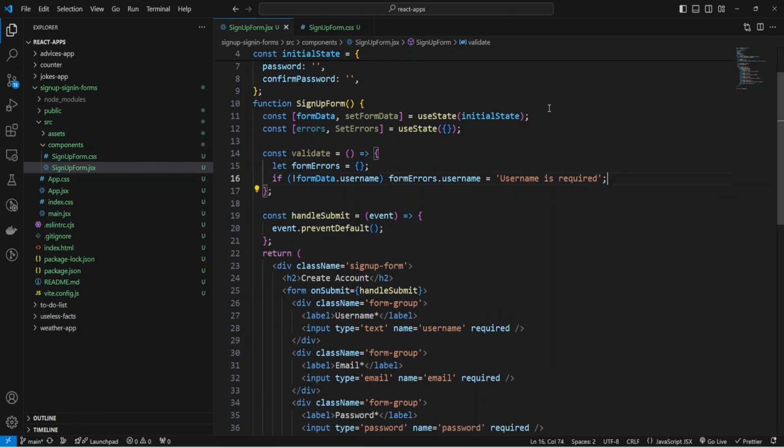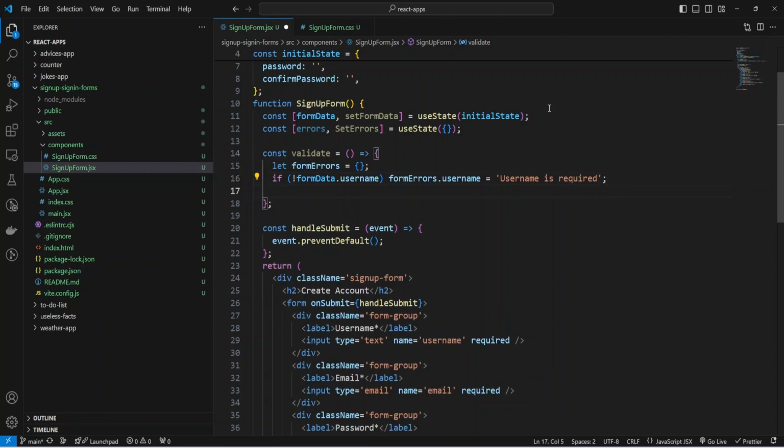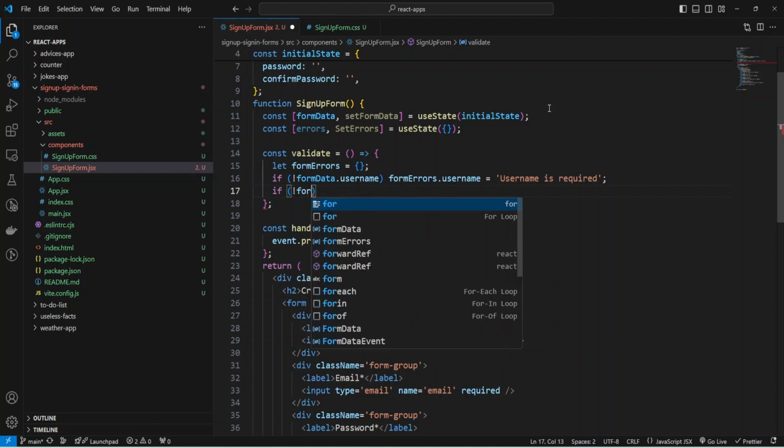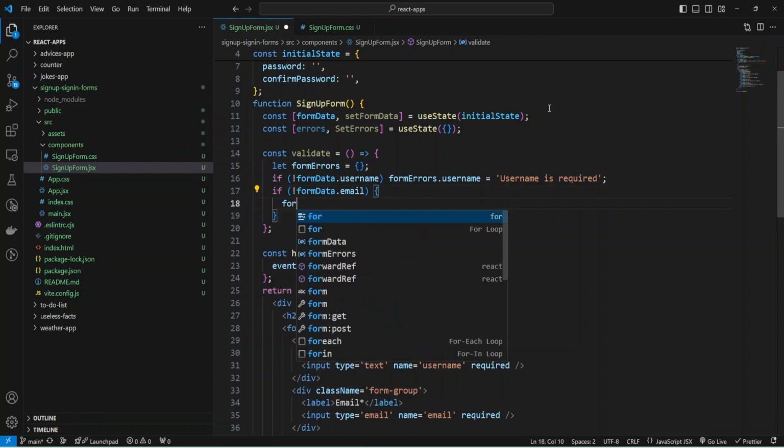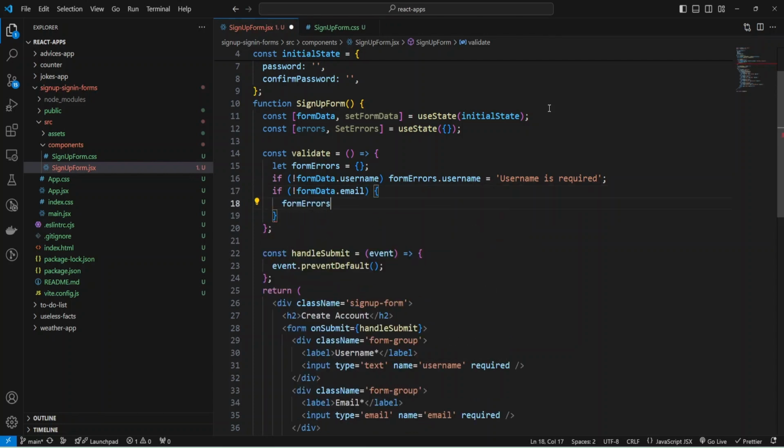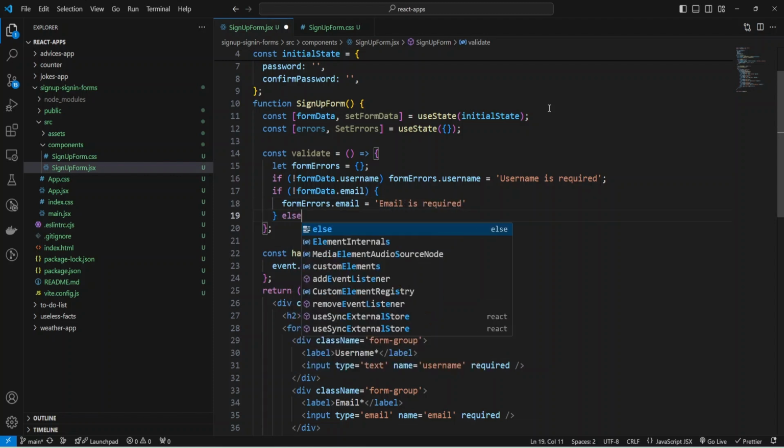Okay, and also we can check all other fields, if not formData email, then we can provide formErrors email, and provide "Email is required".